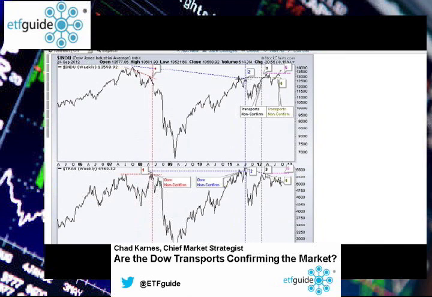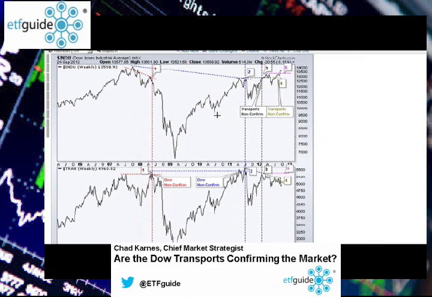The tables turned at point 3 with the black vertical line, where the industrials made a new high, a new 4-year high in 2012, but the transports did not. They were still well below where they were in 2011, which the bottom chart shows. The same thing occurred at point number 4 here, where the industrials broke out to a new high with the Fed and the ECB easing policies, but the transports are still not making any ground up and are indeed falling, and still continue to fall today.